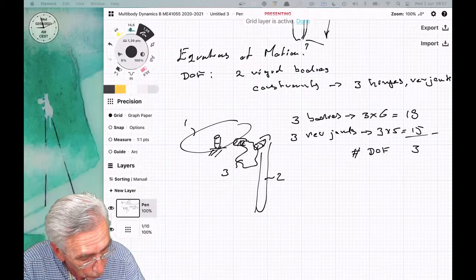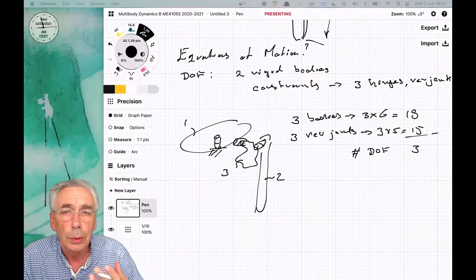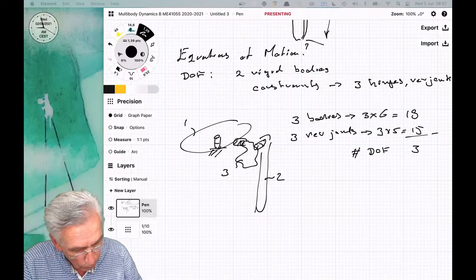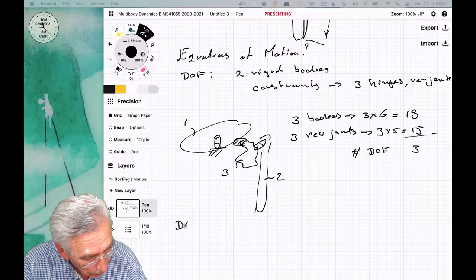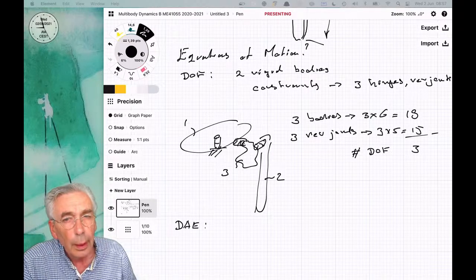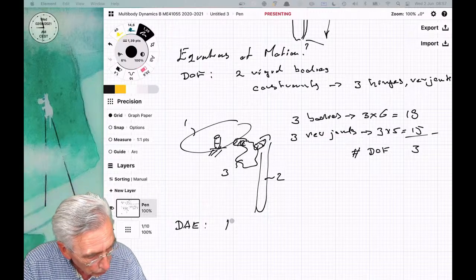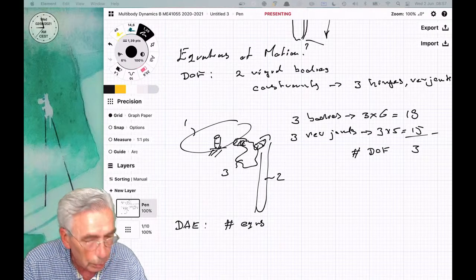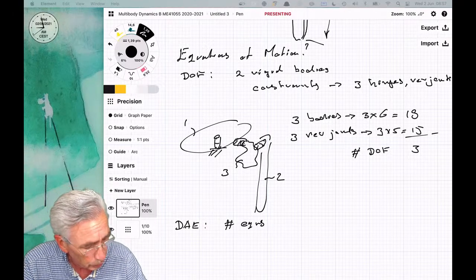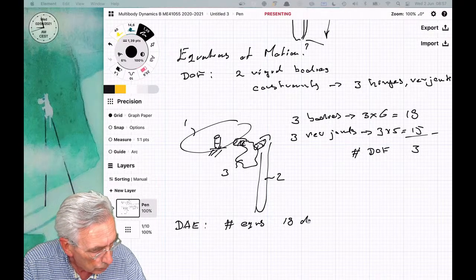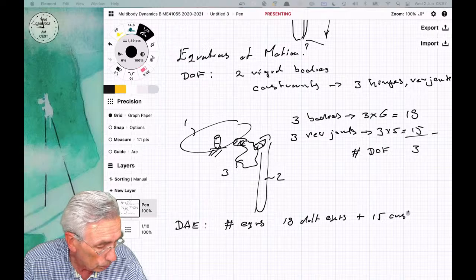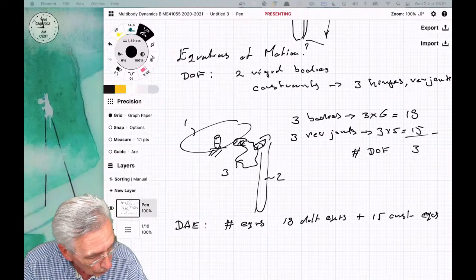Then we have to make a choice about what tools we're going to use for deriving our equations of motion. One way would be, for instance, the DAE approach. How many equations do we get? We have 18 differential equations for the motion, plus 15 constraint equations, making a total of